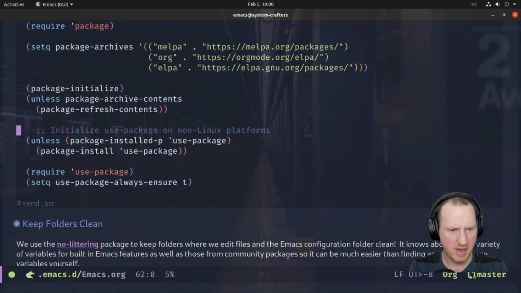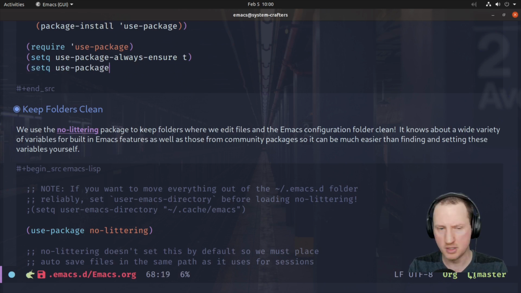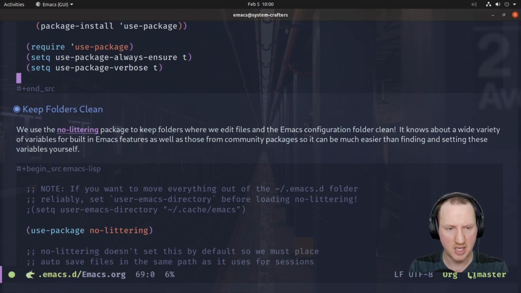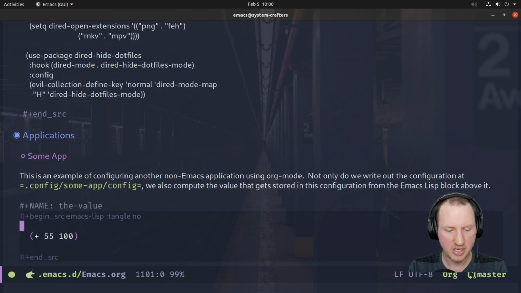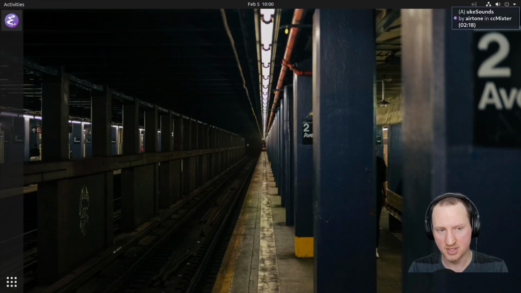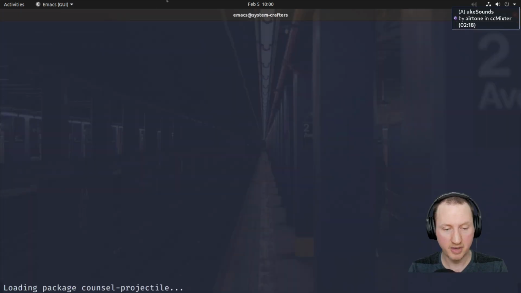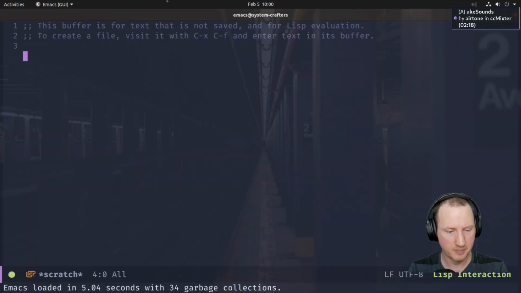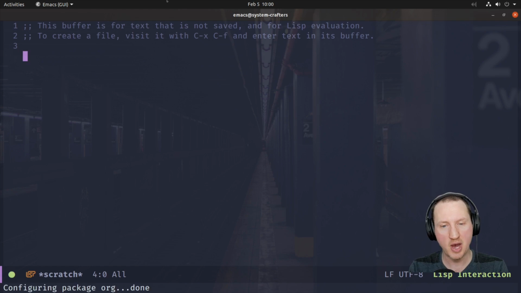So in the use-package setup, we're going to go here and add, this is a thing you would only add temporarily just for diagnosing things, use-package-verbose t. And now in future invocations of Emacs, we should see the output of that. So actually, let's look at it right now to see how much extra time it adds, because it's going to write out a lot of information, I think. It's telling us all the packages that it's loading, basically. Okay, 5.04 seconds. Surprisingly, it's actually shorter than what it was before we added that,